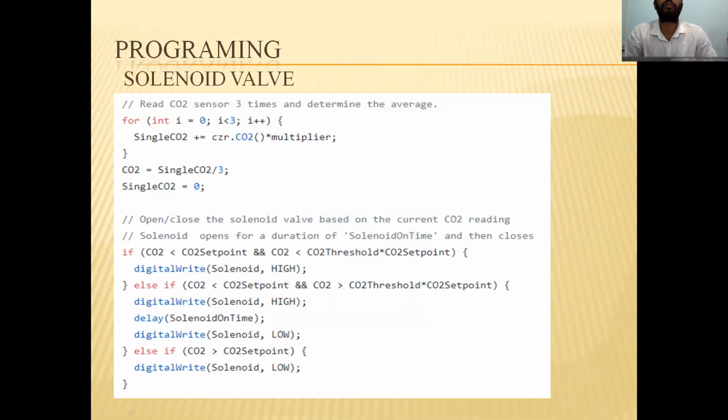As my friend told before about the solenoid valve, it works on the current and alteration of current. So we have introduced the same concept in the programming, sir. First, initially the carbon dioxide sensor senses the carbon dioxide present inside the incubator, and it gives the reading to the Arduino, sir. And it will do it 3 times, sir, because we need an average and we have to be accurate in such things, sir.